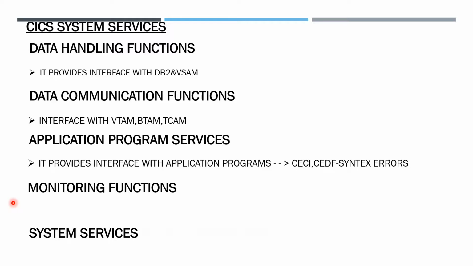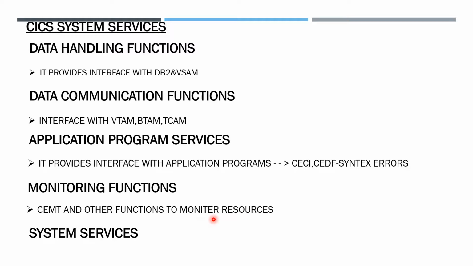Monitoring functions. CICS has certain other functions to monitor resources. There are many resources like printers, databases, VSAM databases, datasets, interface points and users in CICS. Monitoring resources means making statistics for resources, how each resource is processing, like a storage element, how much storage is available, how much storage is used,